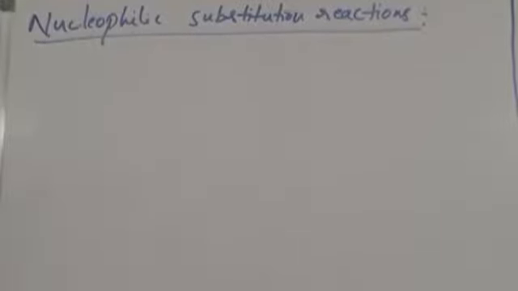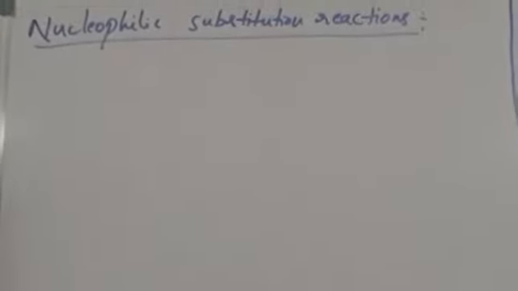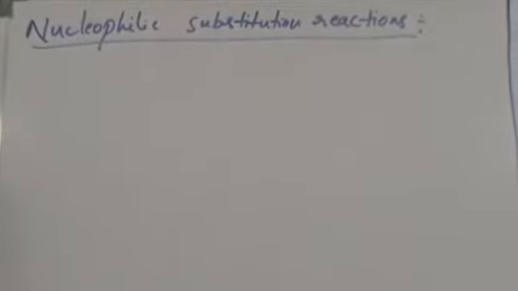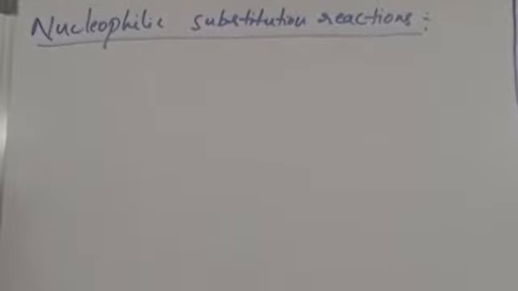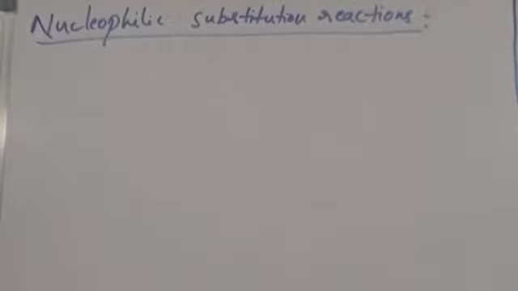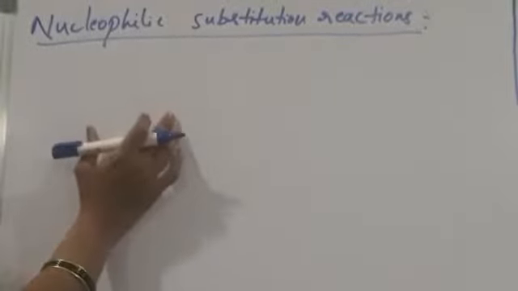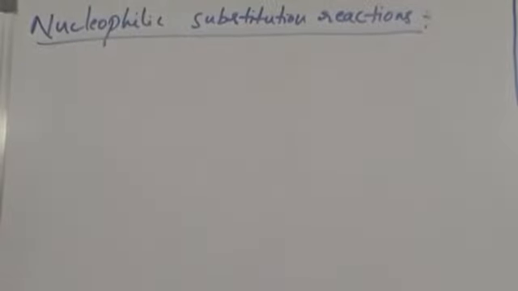which attracts the nucleus. Nucleus means positive charge. So to attract the nucleus, nucleophile must possess a lone pair of electrons or negative charge. So more electron density is present on nucleophile. Then only it attracts the positive charge easily. So in nucleophilic substitution reactions, nucleophile donates lone pair of electrons to an atom other than H plus.